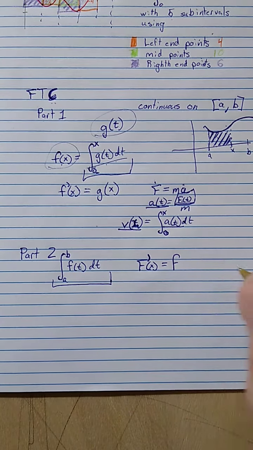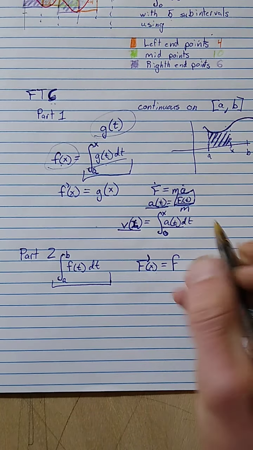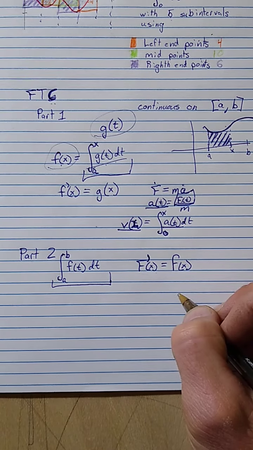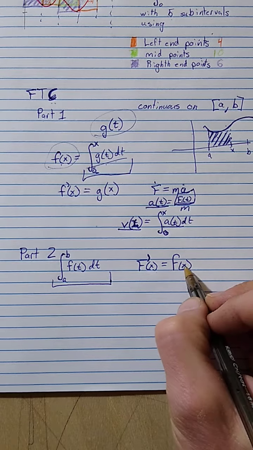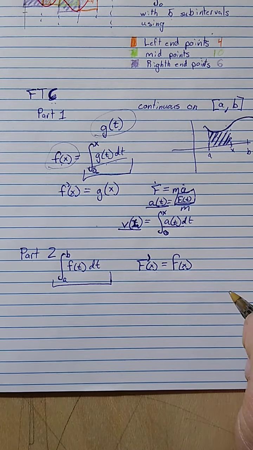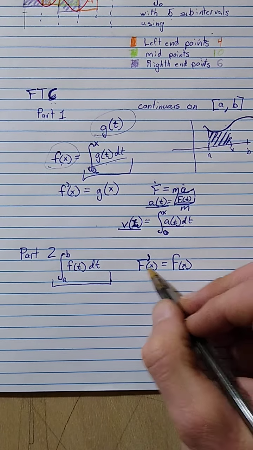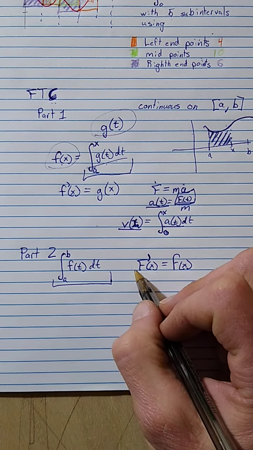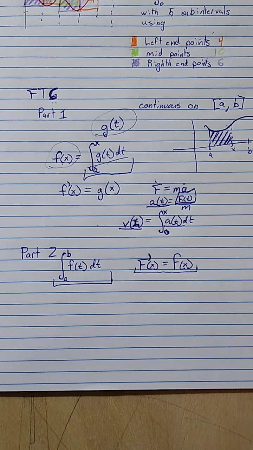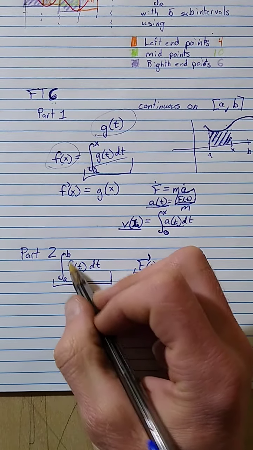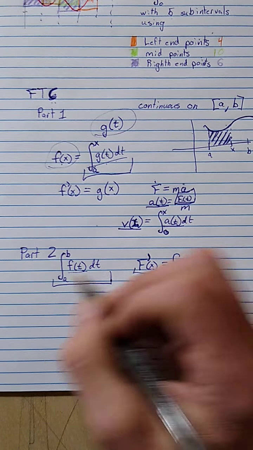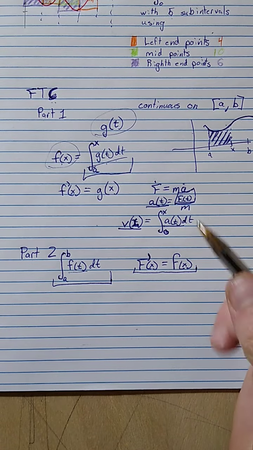its derivative. So I have some function, I don't know what it is, but its derivative equals f of x. So it's t, but the same function. This is just using the variable x because this has an x. So I know there's some function that if I take its derivative, I get f of x. And I want to know how much area is under f of x from a to b. Well,